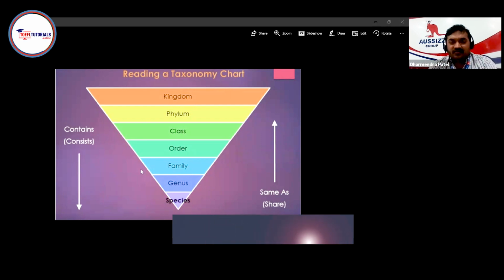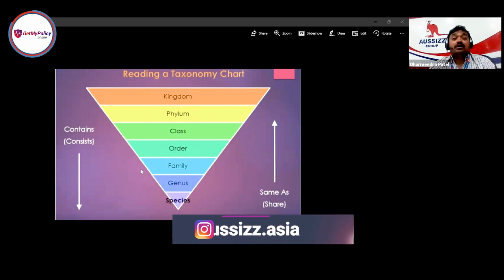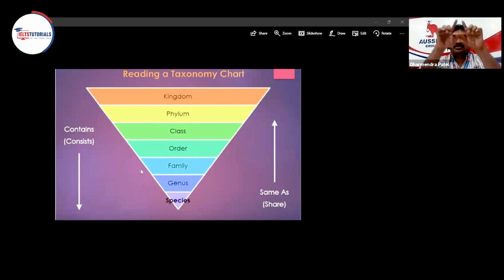This is an ideal way to describe, because now I'm supposing that I know what this triangle is, the taxonomy chart, and how to read it. Now, you see, friends, this is not a classical way to describe this image, but not all of us are acquainted with what it is. Well, I know most of you are here to learn the other version of describing the image, because that's the case. Most of us, we don't know.